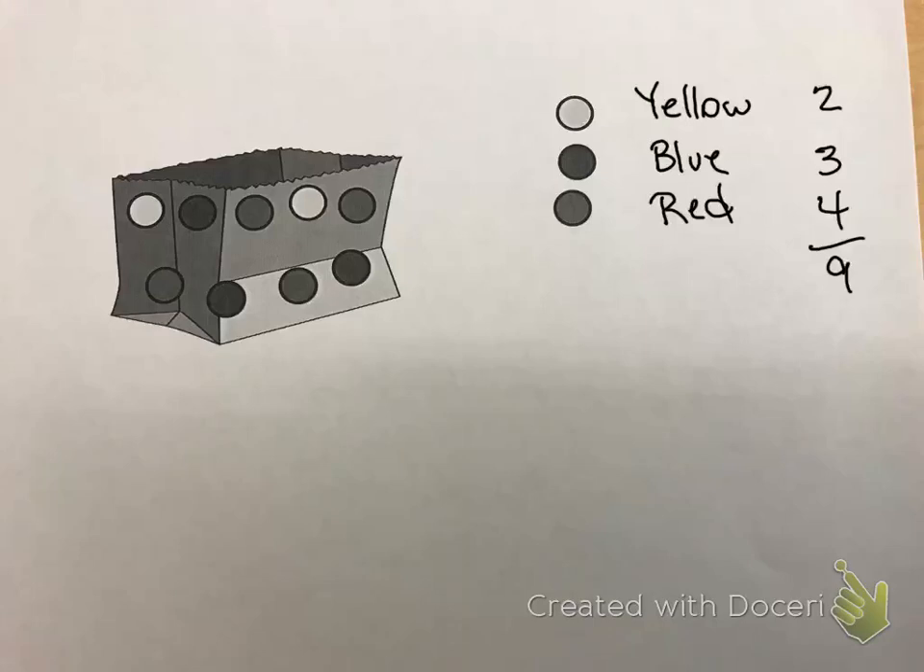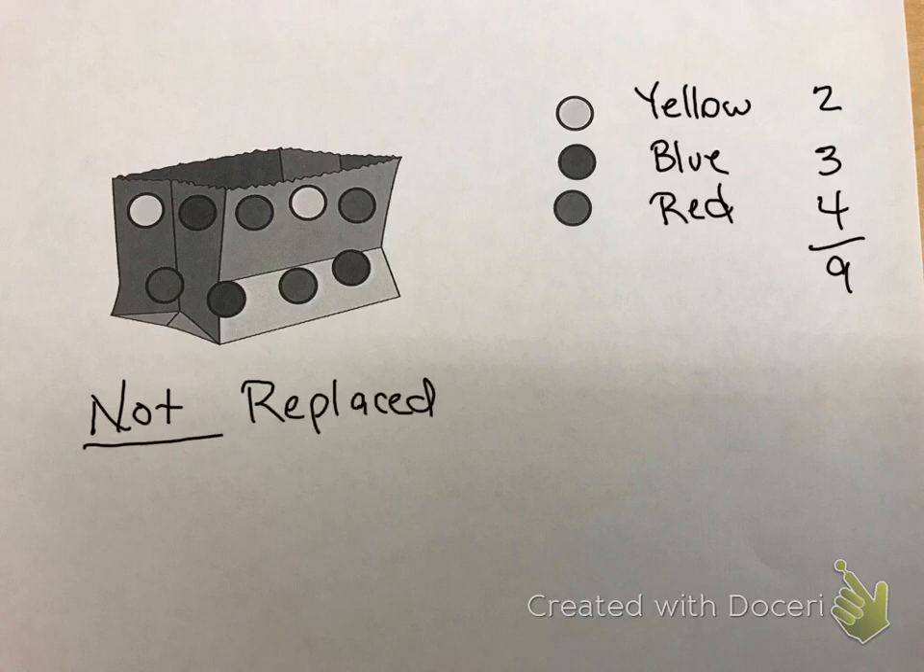Now we need to talk about when we do not replace the marbles or whatever the object. So we'll say that this is not replaced. So we have the same amount of marbles in the bag. Well, if we're talking about the probability of yellow then blue,